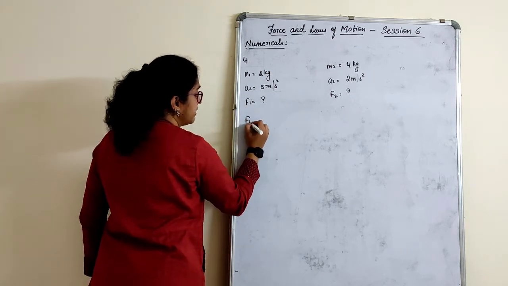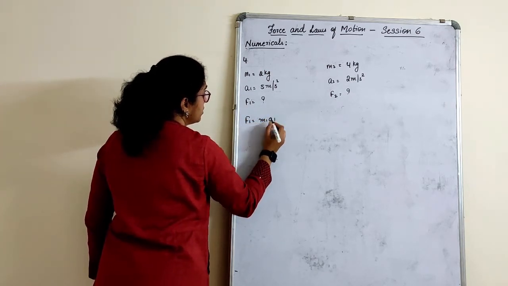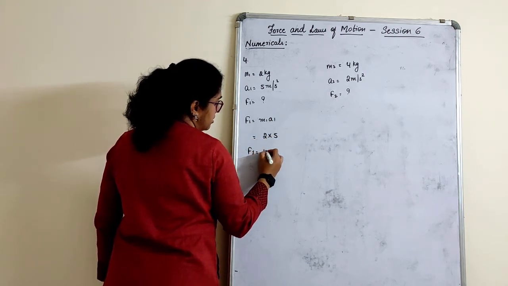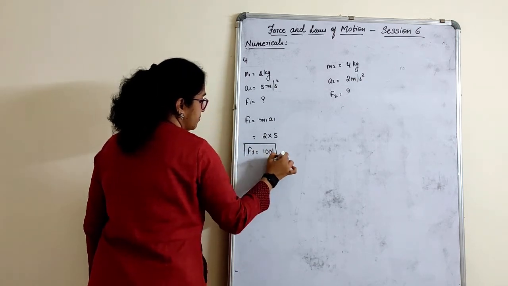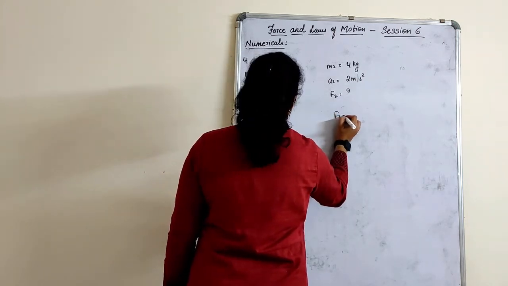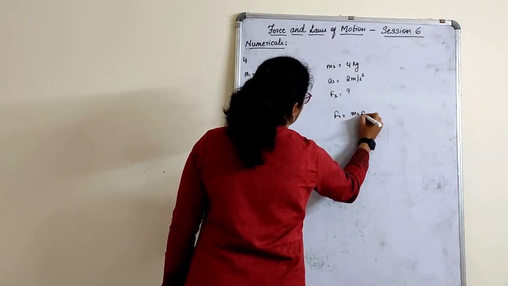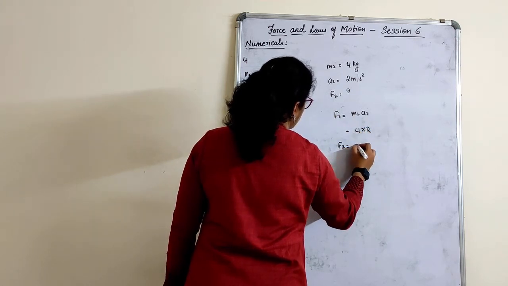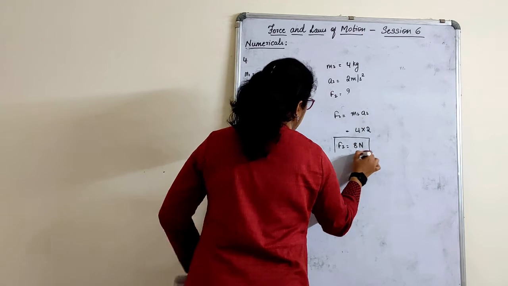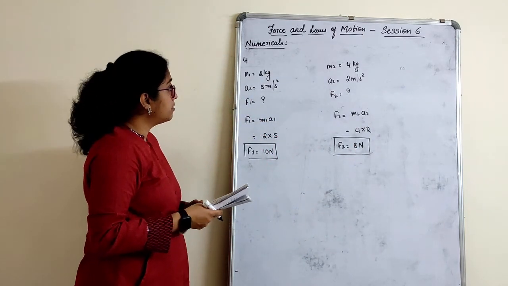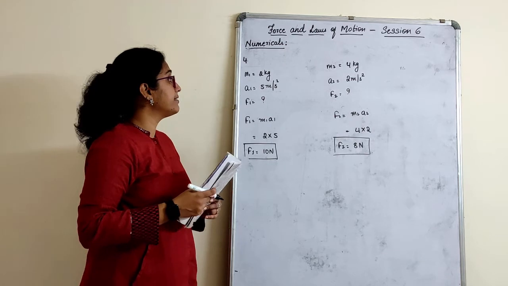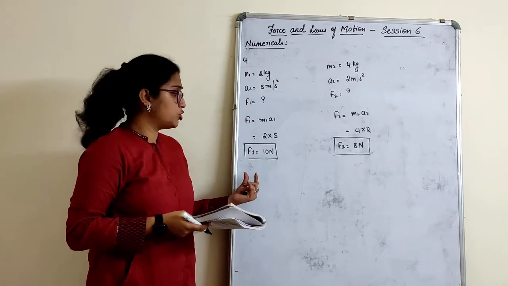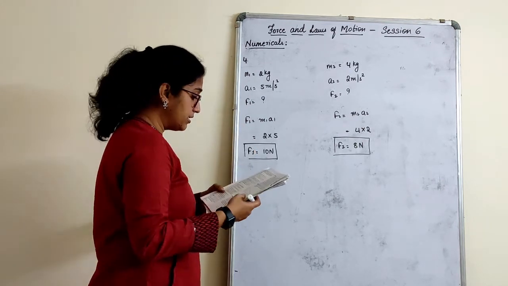Let's calculate. F1 is equal to m1 into a1. So this is 2 into 5. A direct equation, it is 10 Newton. So F2 is equal to 8 Newton. The answer is in front of you. Thus, body of mass 2 kg accelerating for 5 meters per second square would require a greater force. Give the conclusion always. Whatever is in the given, with the same respect, give the conclusion.